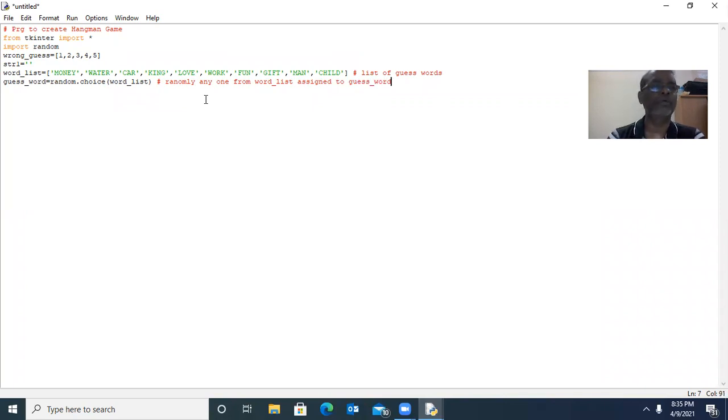Okay, so now we have one list called word_list that has a collection of words. This random is one module. Out of this, choice is one method. It selects randomly any one of the strings available in the word list, and that will be assigned to guess_word. For example, guess_word may be assigned money, it may be water, it may be child, whatever it may be. Okay, now we have to find out which word is assigned to guess_word. That is our aim. Now,